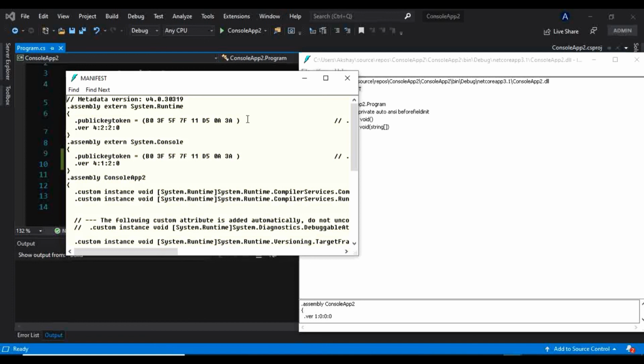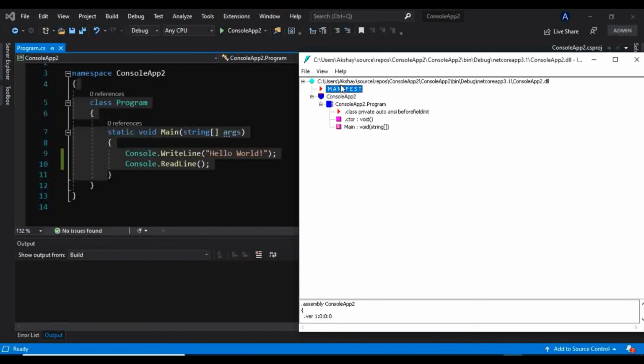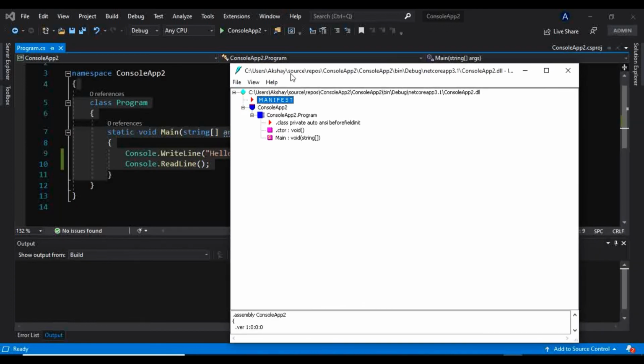In case you have not watched that video, I recommend you go and watch it first, and actually both parts of this video tutorial series, part 1 and part 2, to understand this better. Now I have shown you how, using the ILDASM tool, we can see the assembly's intermediate language code. Now I will demonstrate why Visual Studio produces both a .dll and an .exe file. The reason behind it I will also tell you.